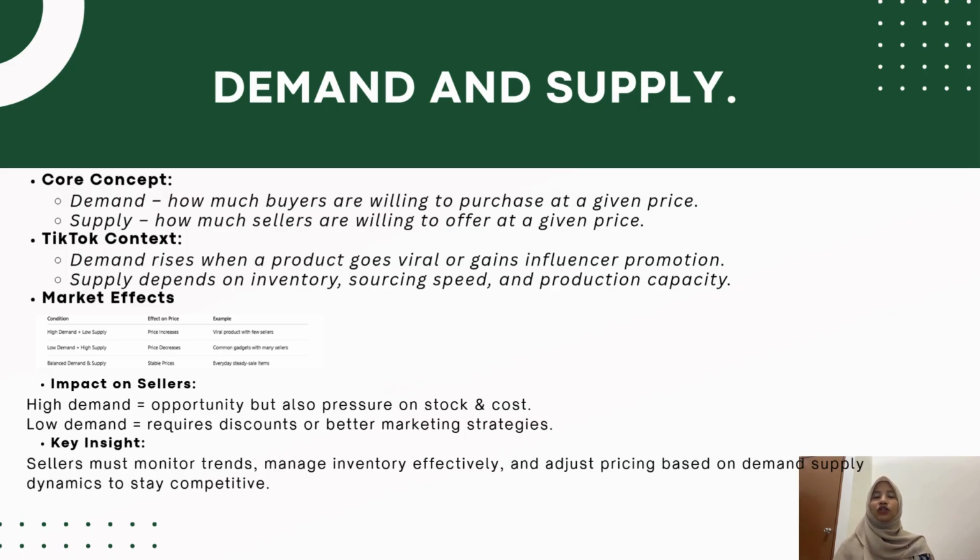Supply depends on the sales inventory, sourcing capability, and production speed just to meet the demand needed at the time. So this means sellers have to fulfill all the demands at the time. So the capability of the seller has to be achieved at the consumers' level so that the demand and supply are